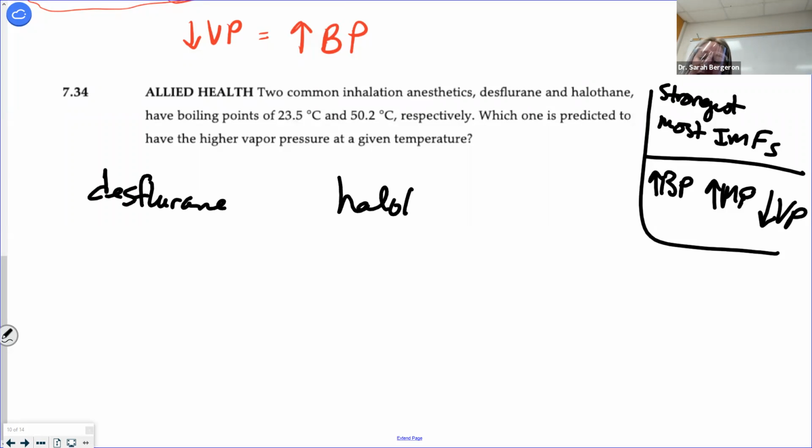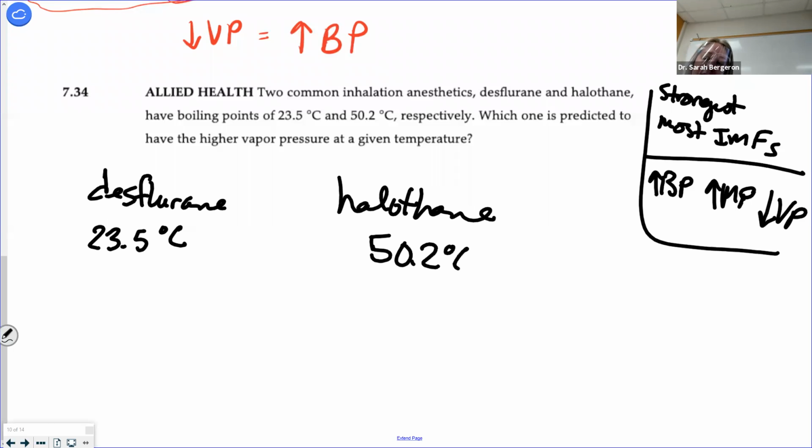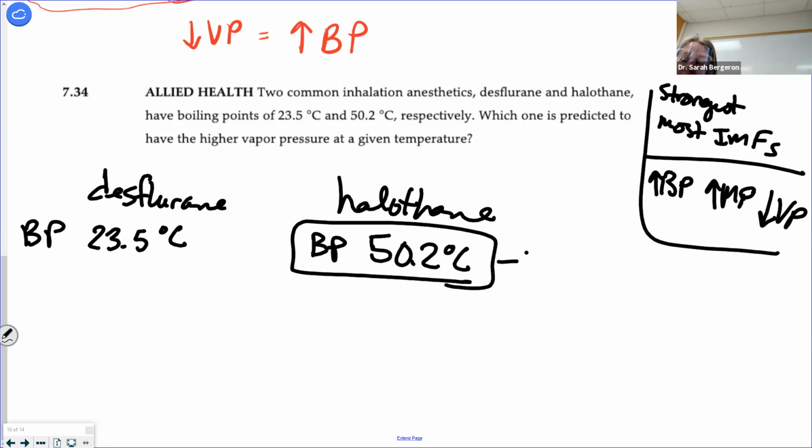I'm going to say this one has 23.5 degrees Celsius. This one is 50.2 degrees Celsius. This is for boiling point. Okay, which one has the highest boiling point? Desflurane or halothane? Halothane. This is the highest